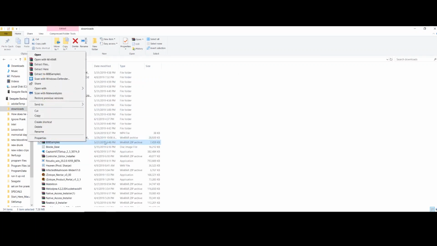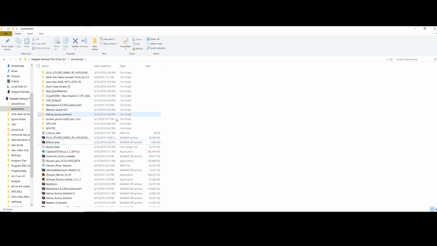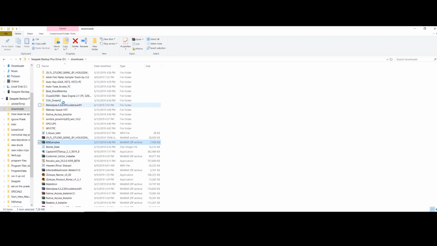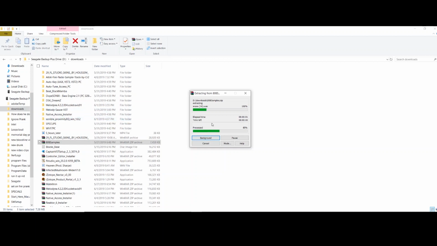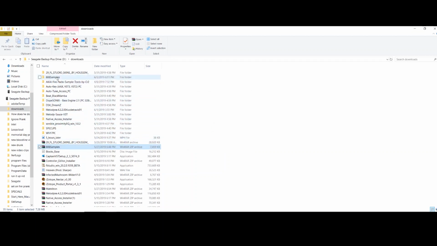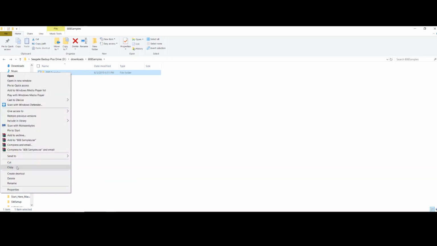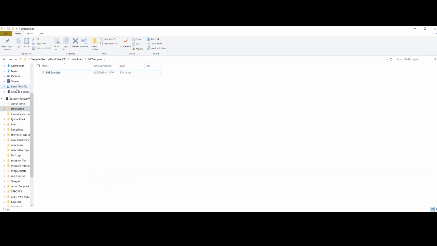So basically when you do it, you just extract to 808 samples. When you do that, I'll just redo it. Extract to 808 samples. It'll create a folder. Click on it and actually just take this whole folder. Boom, 808 samples. Copy it. And then just go ahead and move it to,